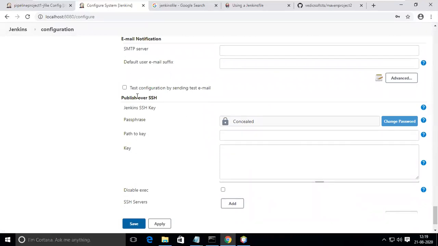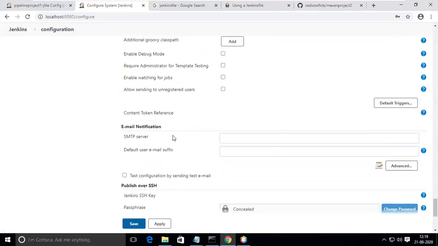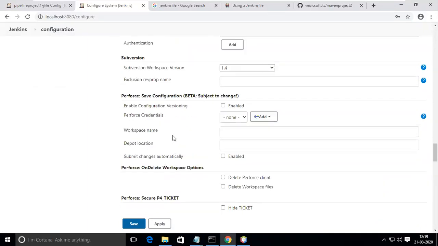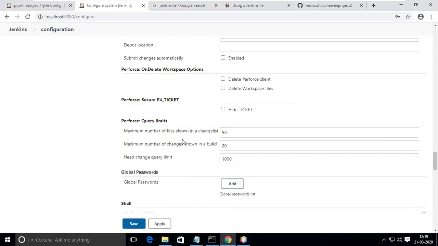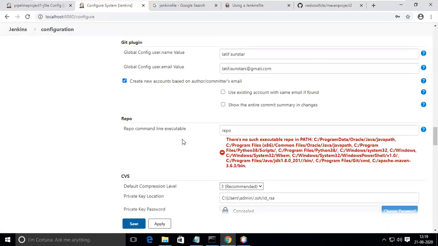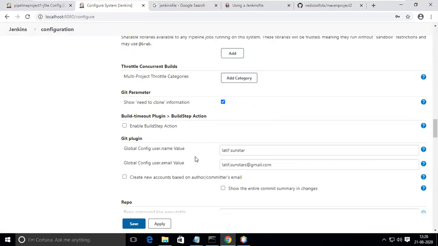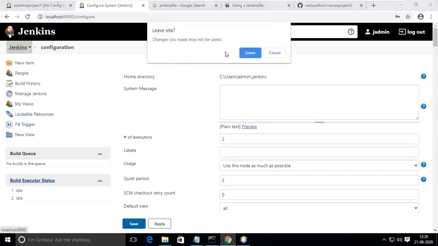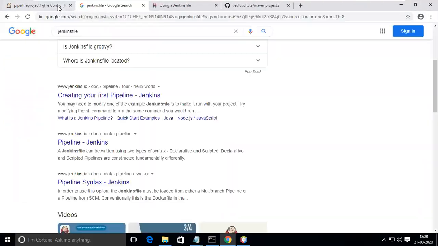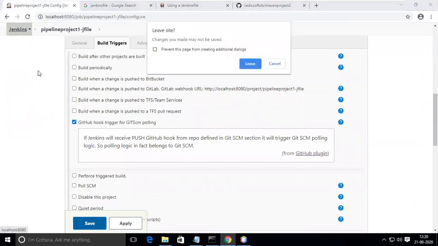Oh, an SSH key is also there. Wow, I should just leave it. Okay, better leave it.